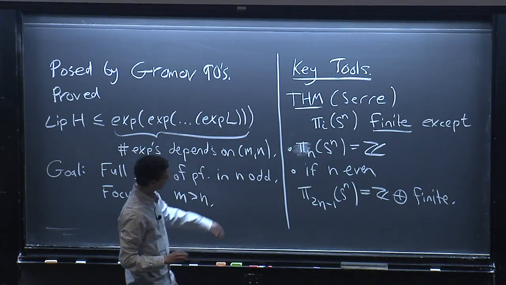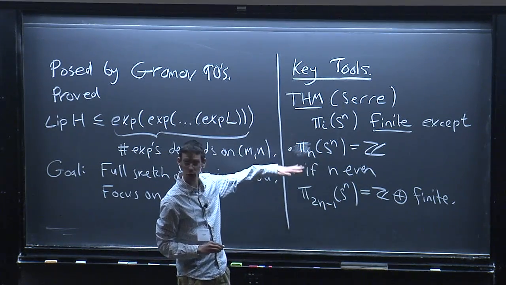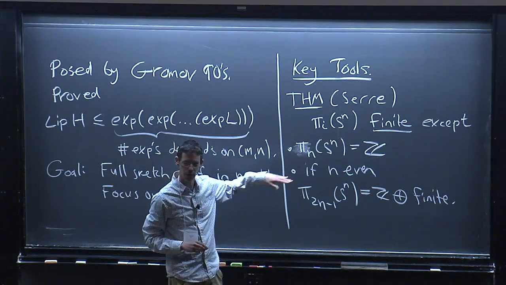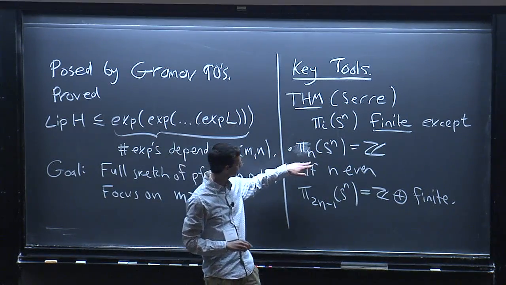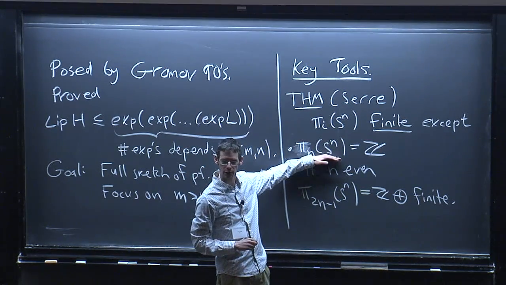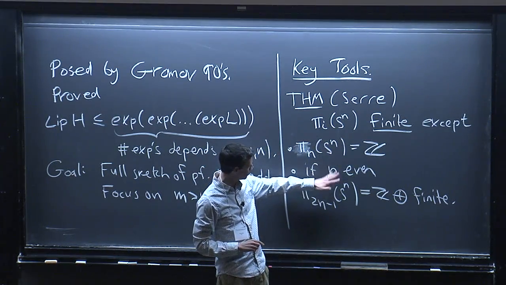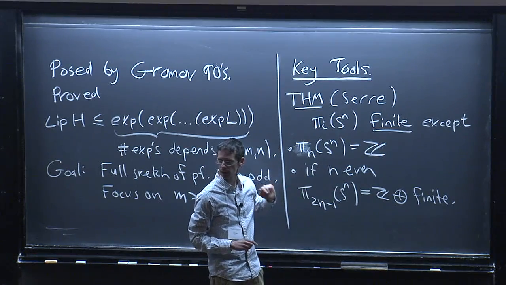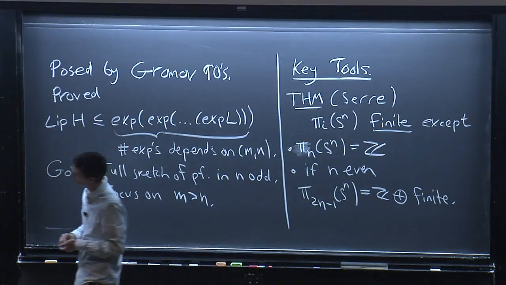Okay. So this is responsible for the difference between even and odd in the statement of the theorem. In the odd case, if n is odd, only one of the homotopy groups of Sn is infinite. It's pi n of Sn. And the even case is a little bit more complicated. Maybe it's also worth mentioning